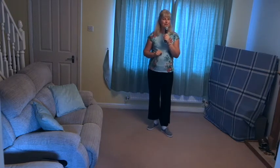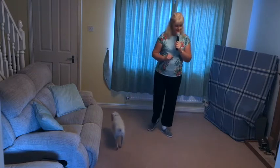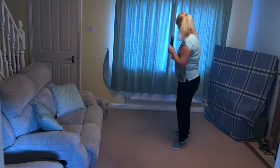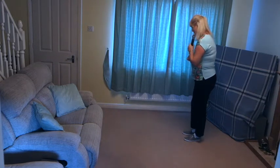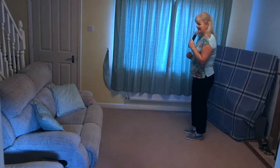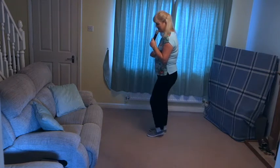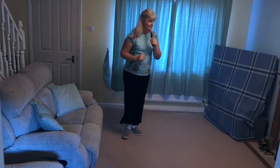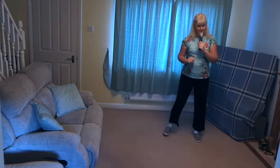Now it is a 4-wall dance, so let's have a go at the other 3 walls. Right shuffle, right foot leading. 7, 8, right shuffle, brush, left shuffle, brush, step, pivot, cross, side, behind, side, cross, side, back, rock, side, hold,